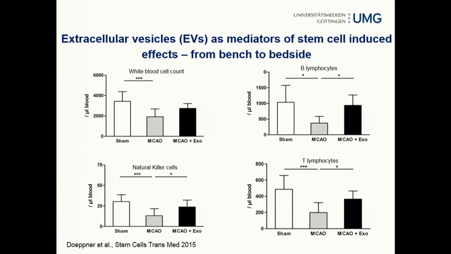The mechanisms that are involved in this process are not neuroprotection. What the EVs most likely do is they modulate post-stroke immune responses. So this is flow cytometry from blood samples on day 6. What you can first observe is that within the stroke mice, you get an immunosuppression as compared to the sham control. And what the EVs do here is they kind of reverse the post-stroke immunosuppression, as you can see here for the natural killer cells, the T lymphocytes, and the B lymphocytes as well. So this is most likely the way they work.